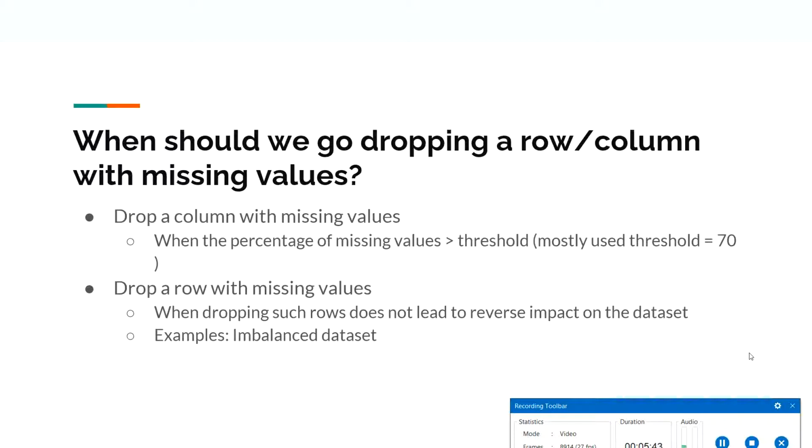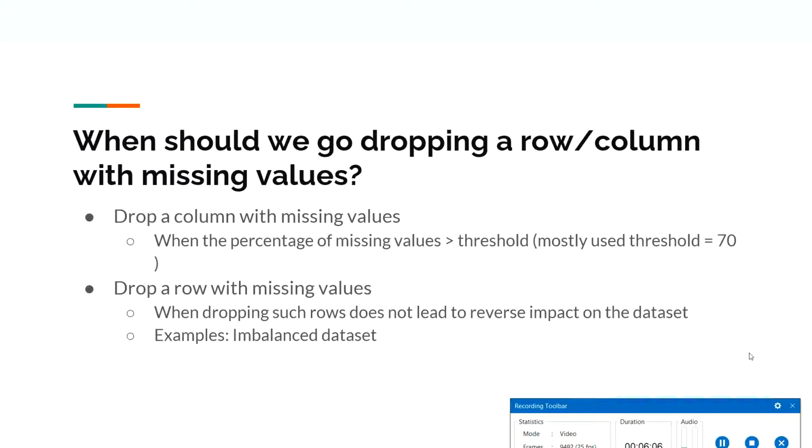So, do not try to drop all the rows where you have missing values. Look for a pattern, like make sure what percentage of the rows have missing values in the given column. If it's 1%, 2%, go ahead with imputation. Do not drop the entire column just because you have 1 or 2% of missing values in the given column.